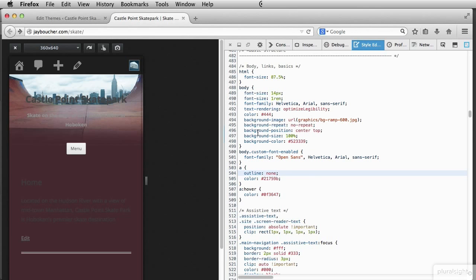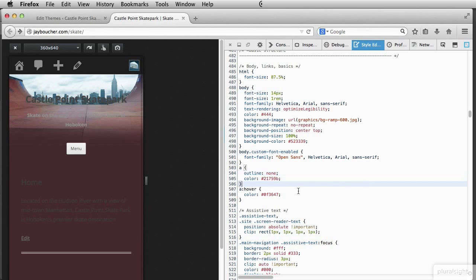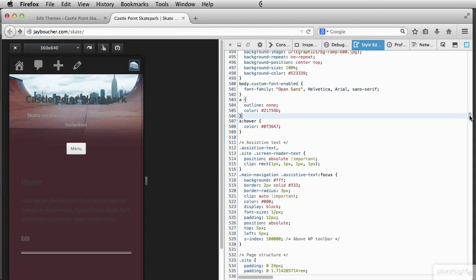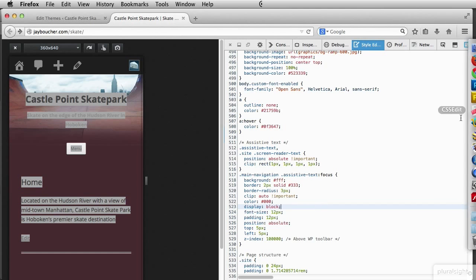Okay. And what I have down here is this area. Now I want to give this the background of the gray. So this was the body, which wraps around the entire site. And then this area here is our site area. So if I went to site,